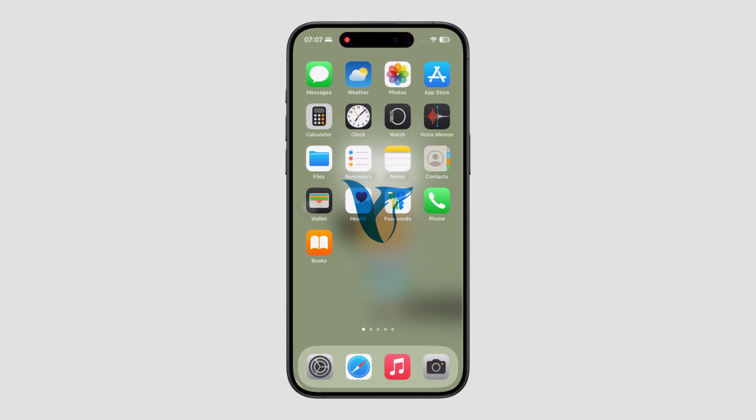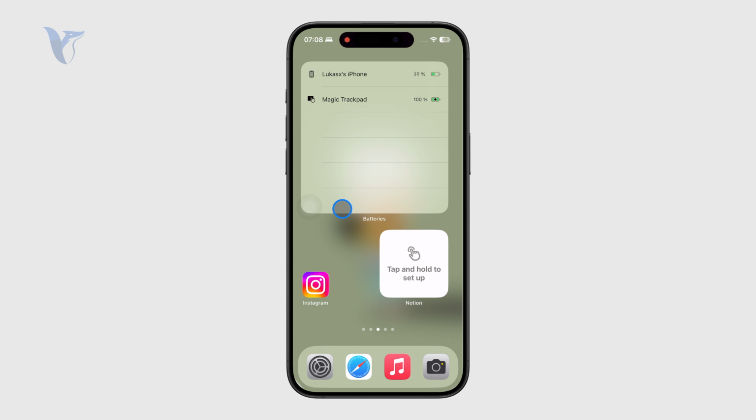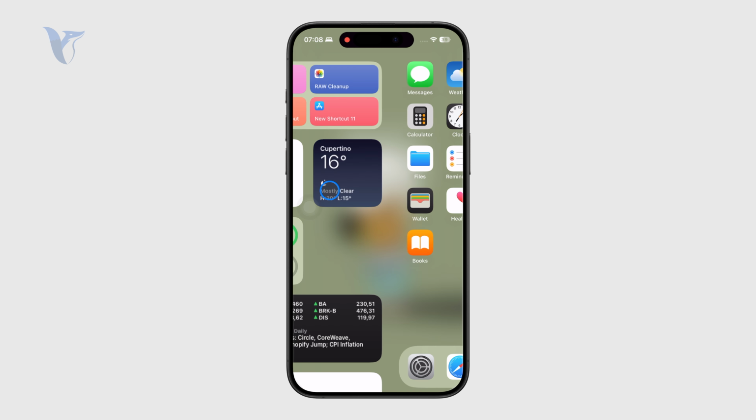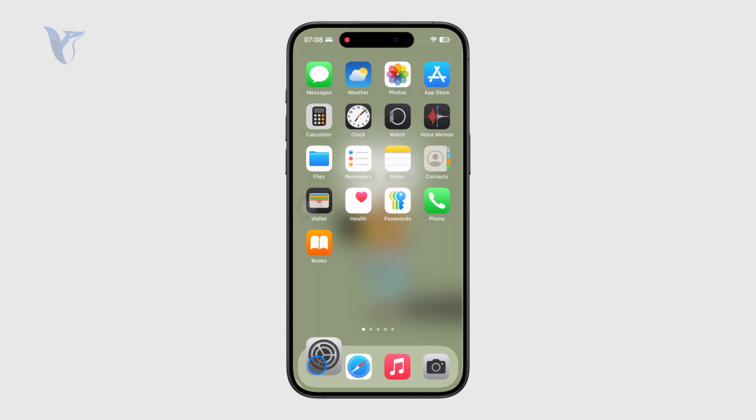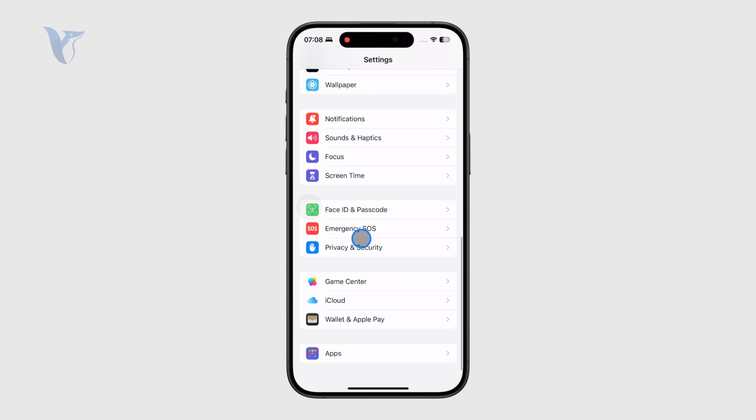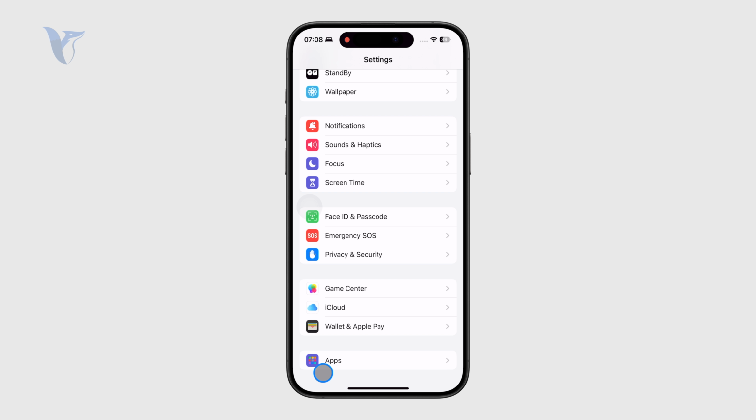So this is how you can change the YouTube language in your iPhone. Let's get into it. So at first, you might want to go to the YouTube app directly, but instead you need to open up the main settings app of your iPhone and scroll directly towards the bottom until you find